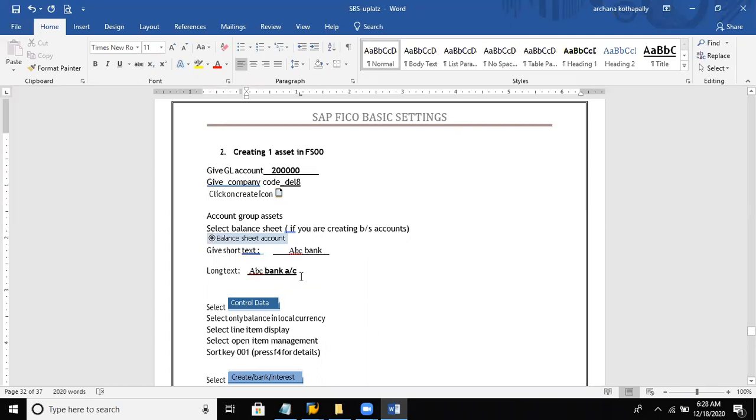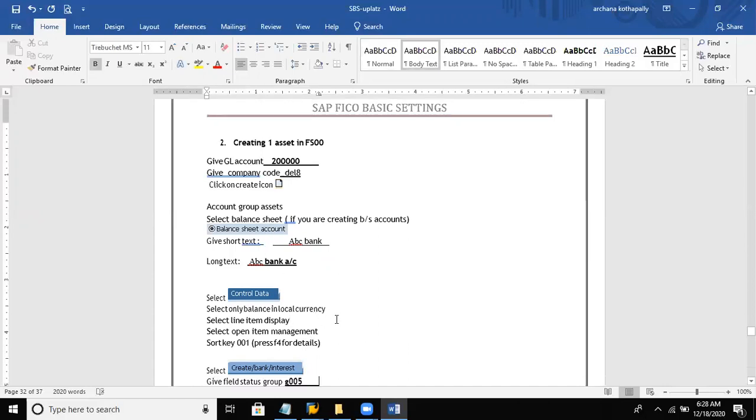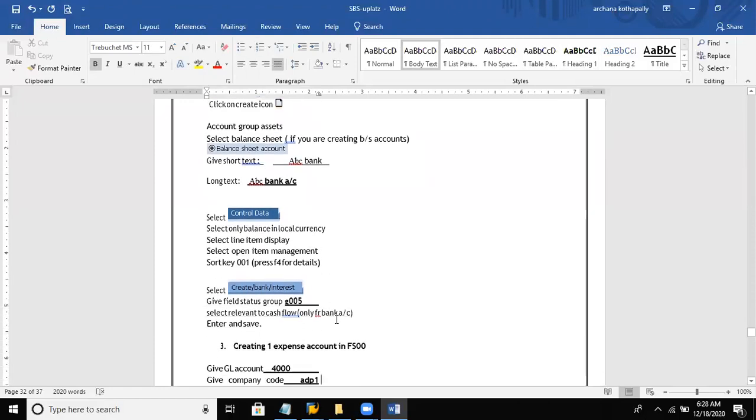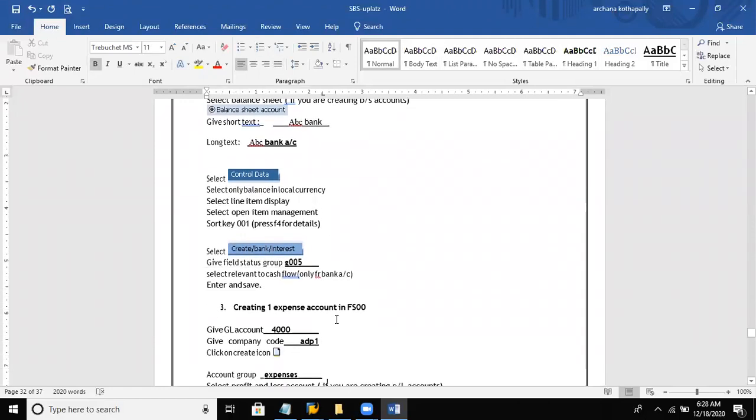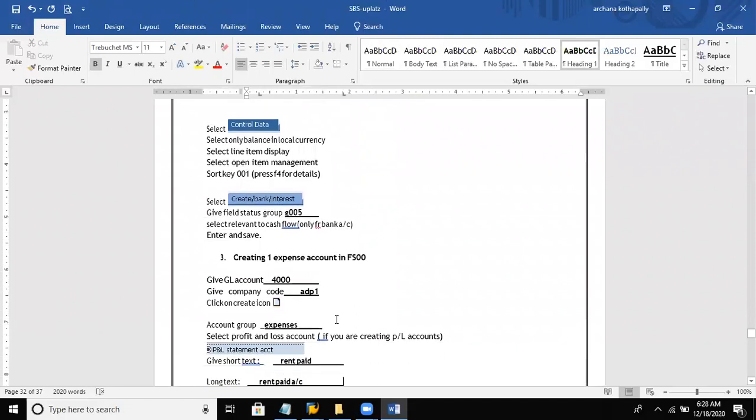So here we update the account name, check the box only balances in local currency, line item display, open item management, sort key 001, and click on the create bank interest tab, field status group. As I said, here we update the field status group as G005 and select relevant to cash flow. This is only for a bank account, so we check it only for the bank account here. Enter and save.